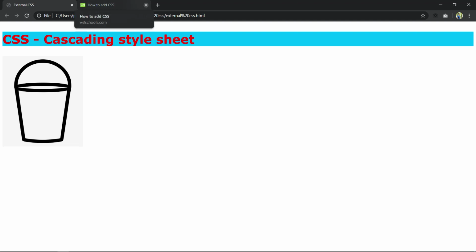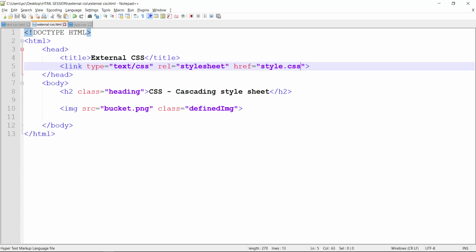Let's see whether, yeah, bingo, it's working, right? Now by using external CSS, the code looks very simple and easy to read. This is why we use external CSS.